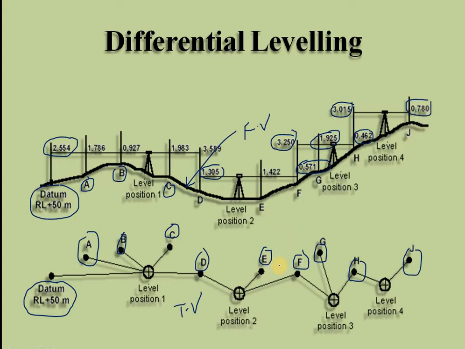So this is a process while the differential leveling will be done. Meanwhile you can see this is level position 1, this is level position 2, this is level position 3 and this is level position 4. While going on doing the survey, depending upon the ground position we have to change the instrument and shift to the points, and we have to take the intermediate points, backsight and foresight. This is known as differential leveling.